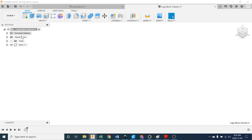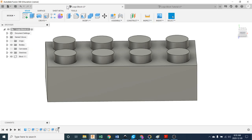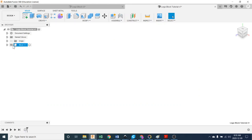And all of our sketches and our bodies that we created, if I go back to this, all of our sketches to make this, and I made 3 sketches to make this, and our bodies, which is the actual physical 3D extrusion, turning it on and off, you can see that, they all ended up underneath Lego block as our sort of organizer. In this one, they are all going to end up under the activated component, so block 1. So let's start drawing our first